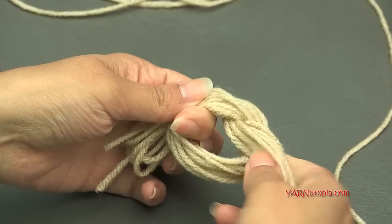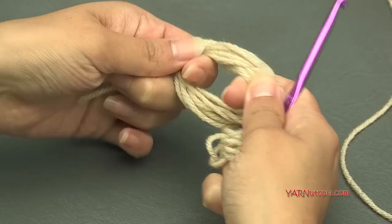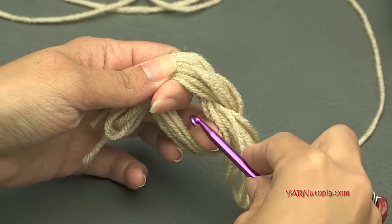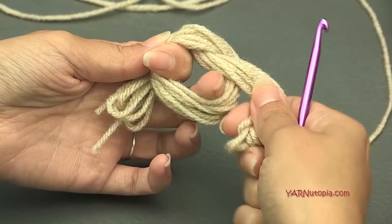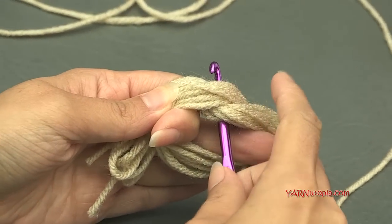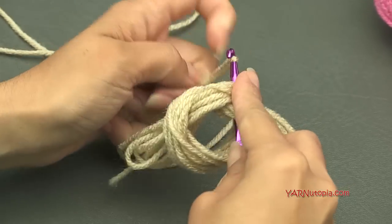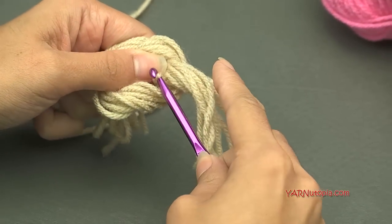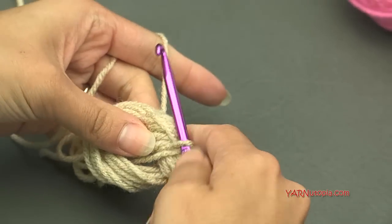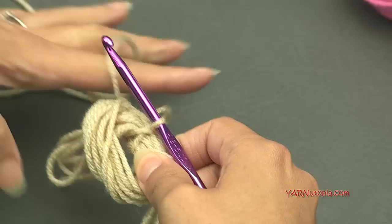Kind of fit all 4 fingers in there or something. Then what we're going to do is take the same color, okay? So this is going to be the center of your circle. We're going to go into this ring, okay, so we kind of made a ring here, like this. We're going to go into this ring here. We're going to start at this end, okay, and I'm going to hook on the same color, pull that through, and then chain up 1. Okay, so now we're secure in there. Alright,